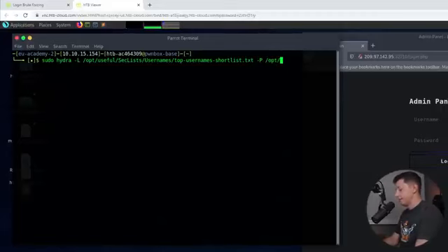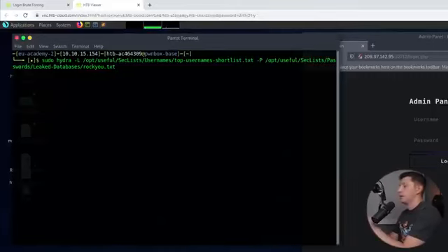/opt/useful/SecLists/Passwords/Leaked-Databases/rockyou.txt. Now, if you're not using Hack the Box Academy, then your list may be somewhere else, or you may